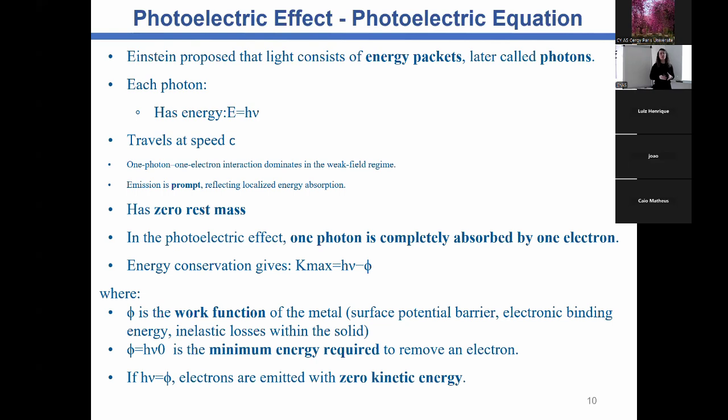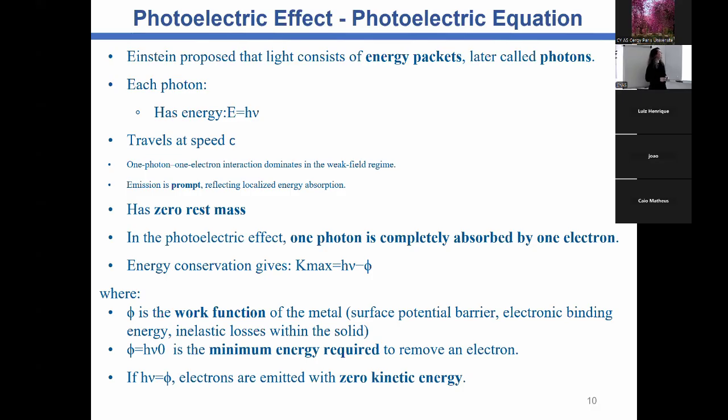So light is not just a wave, but this wave behaves like a packet of energy, and we call it a photon. The photon has energy given by hν, where h is the Planck constant,